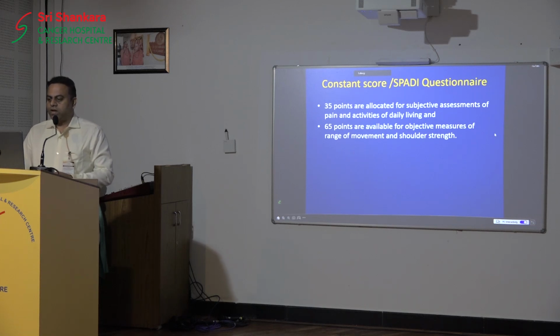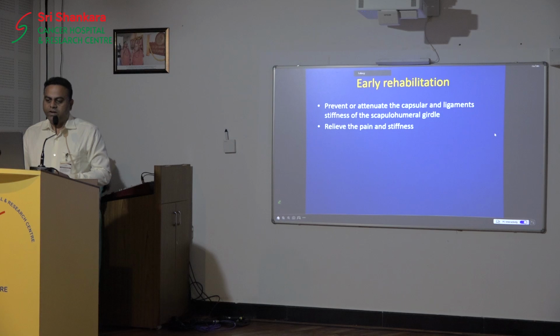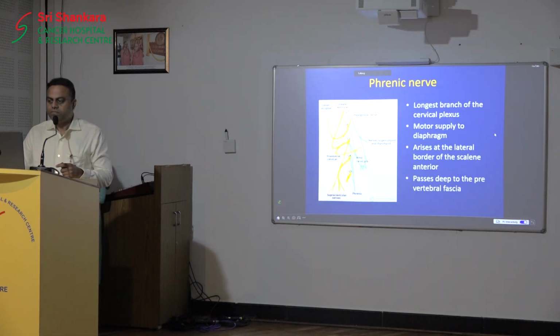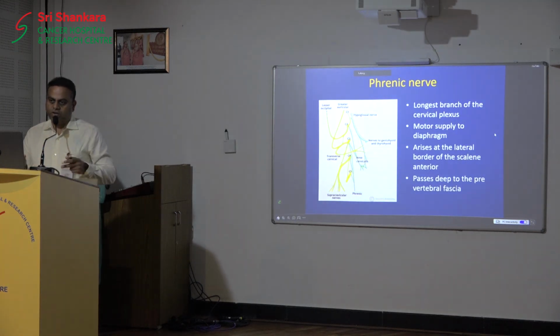So early rehabilitation relieves the pain and stiffness so that it prevents the capsular ligament stiffness. The abduction can be better. Now the next nerve which we encounter after doing this is